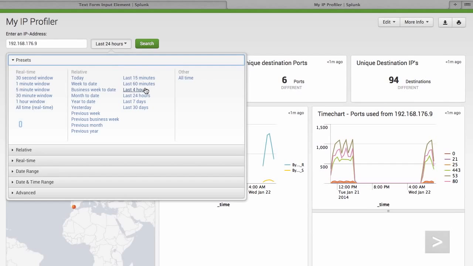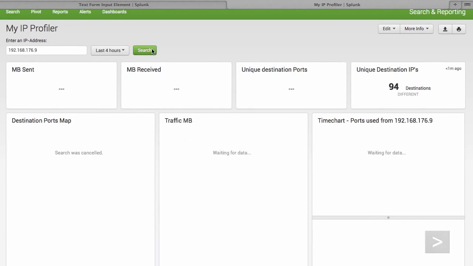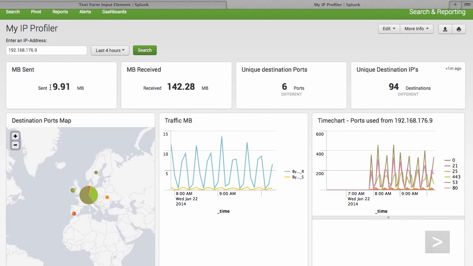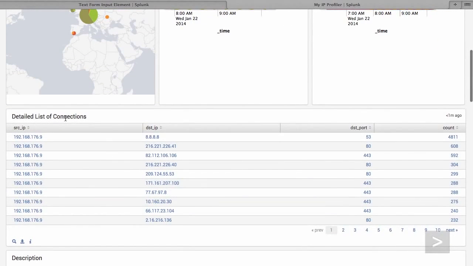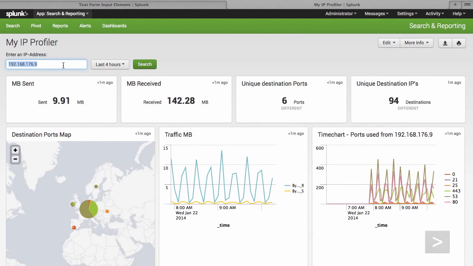So I can do it with the last 4 hours, and I click search. So you can see the megabyte sent, megabyte received, unique destinations. Also the time ranges are customized correctly, the time charts are correct, and even the detailed list was filtered to this IP address. But now you can even use star to search for everything, and you can even filter down